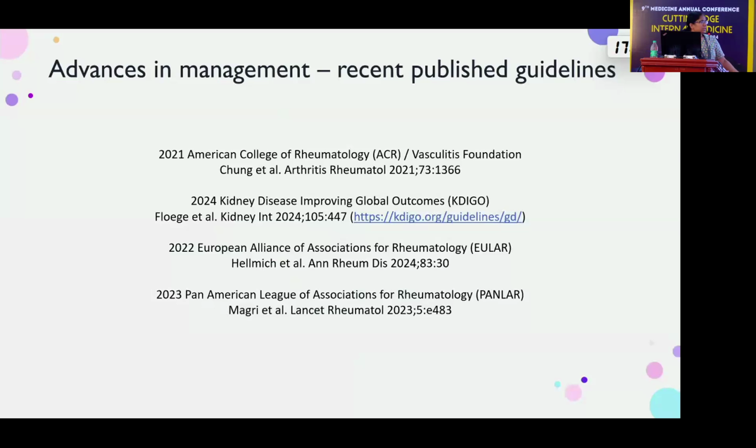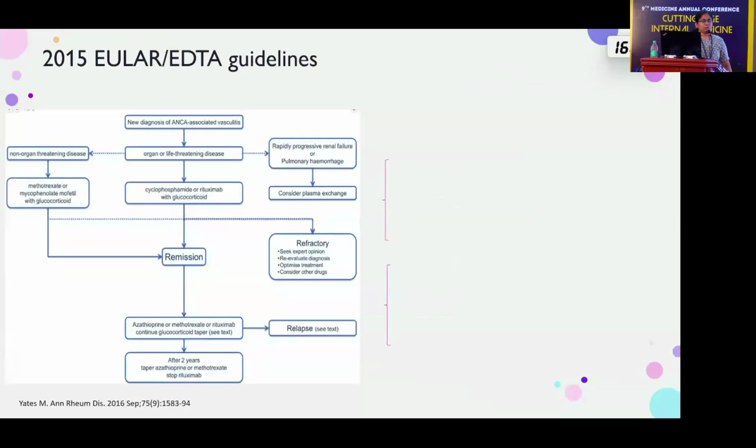What I would be discussing in the next 10 minutes is basically the different guidelines which have come forth in the past 2 to 3 years, wherein they have updated the guidelines in accordance with the evidence. So we look at the guideline and then we go to the evidence behind those guidelines. In 2015, EULAR, the European League Against Rheumatism, and the European Dialysis and Transplant Association put forth the guideline for the management of ANCA vasculitis, which again has 2 phases: how do you induce remission, and then how do you maintain the remission.